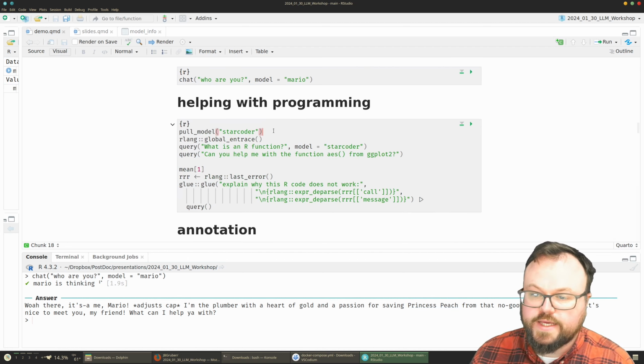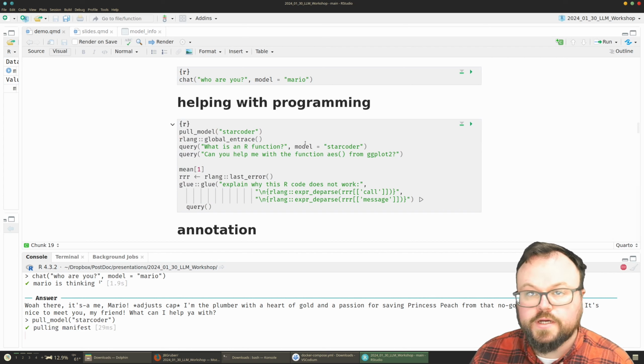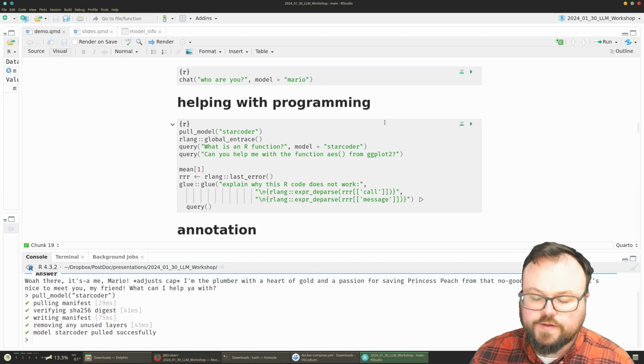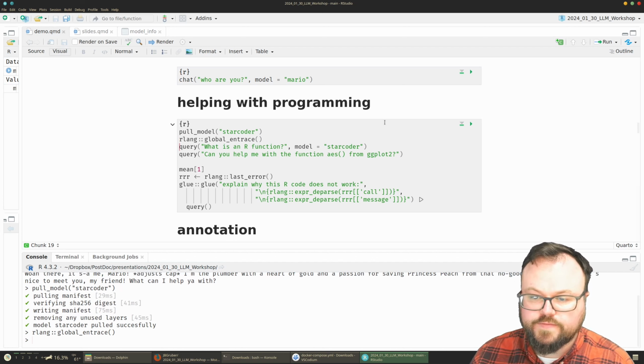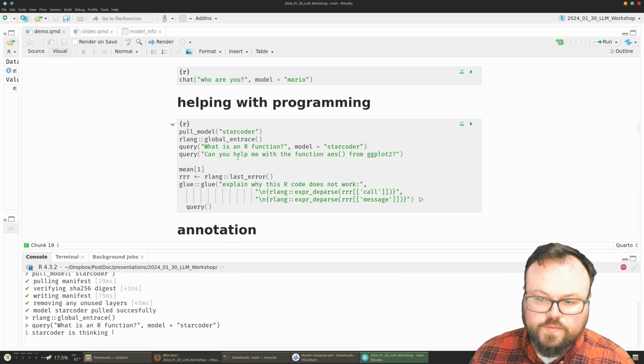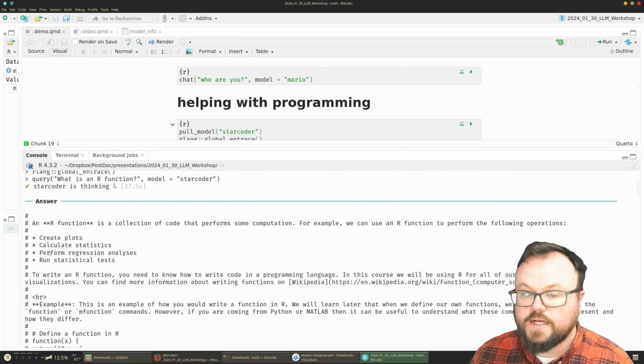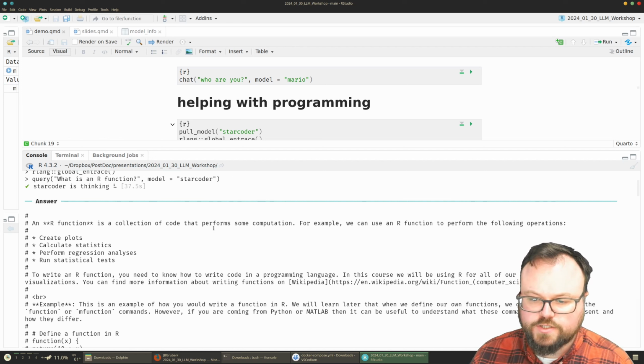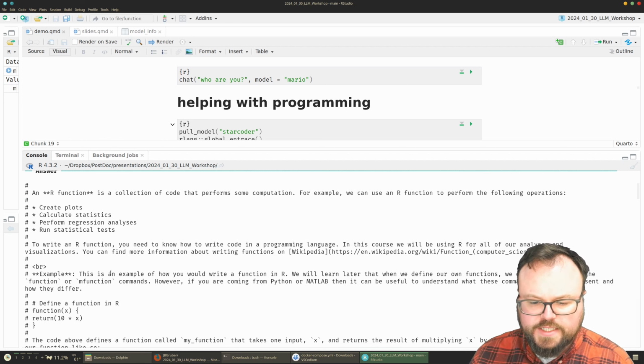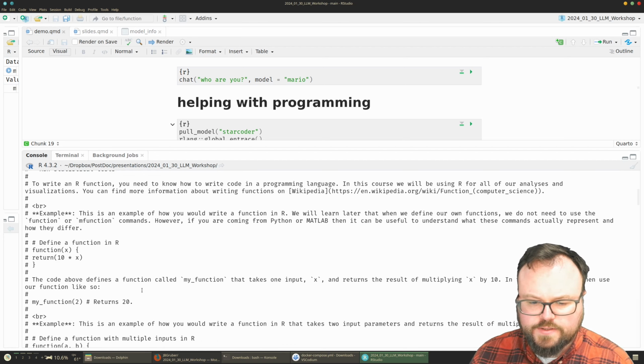Ollama can actually help you with programming, and we can use the StarCoder model for this. I think it's not particularly great, but let's have a quick look at it. What is an R function? And this answer is actually not too bad. An R function is a collection of code that performs some computation. For example, we can use R functions to perform the following operations: create blobs, calculate statistics. But then it goes off and becomes